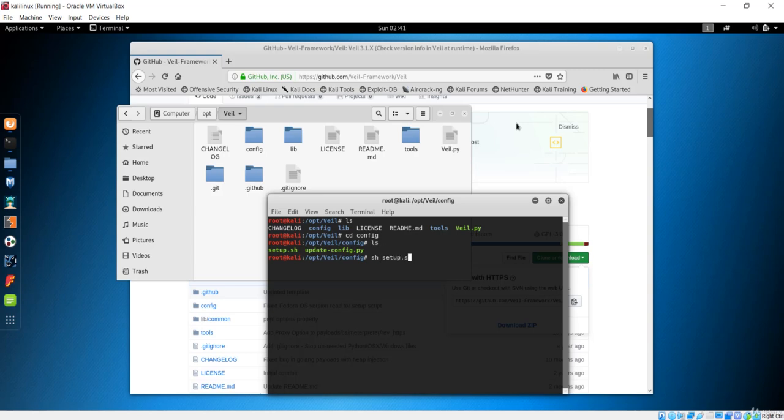So you can do it in any way. You can also do it with this command and setup.sh in order to run these executables. If you hit enter, you may have to wait for a couple of minutes. It will take more time than any other application because this is going to download a lot of libraries for us. Those are very important libraries, and without them this Veil framework is not going to work.